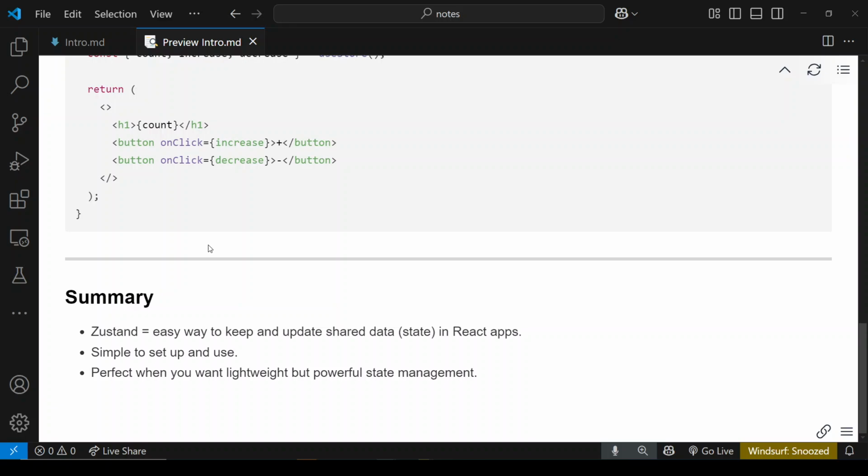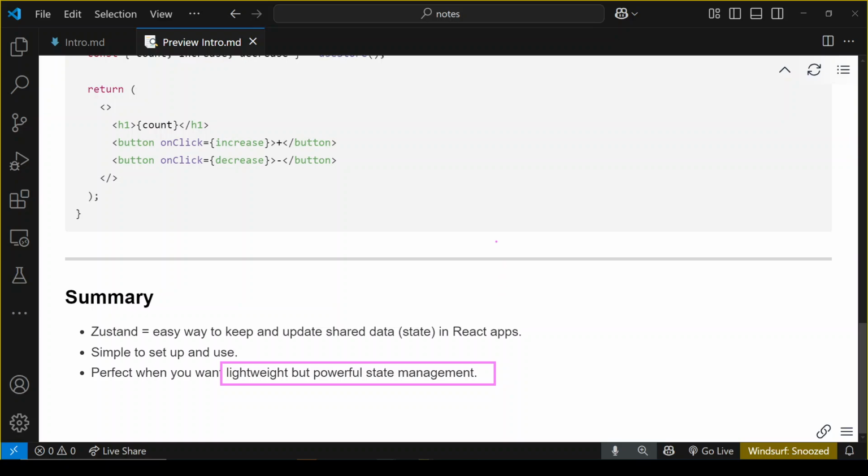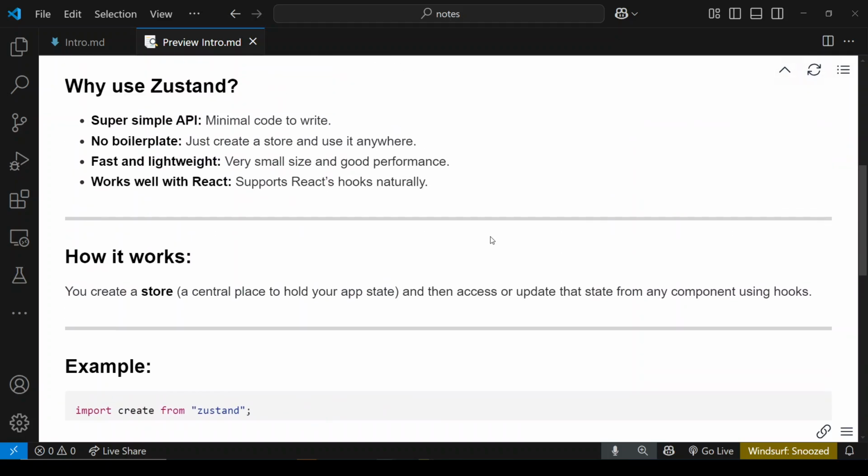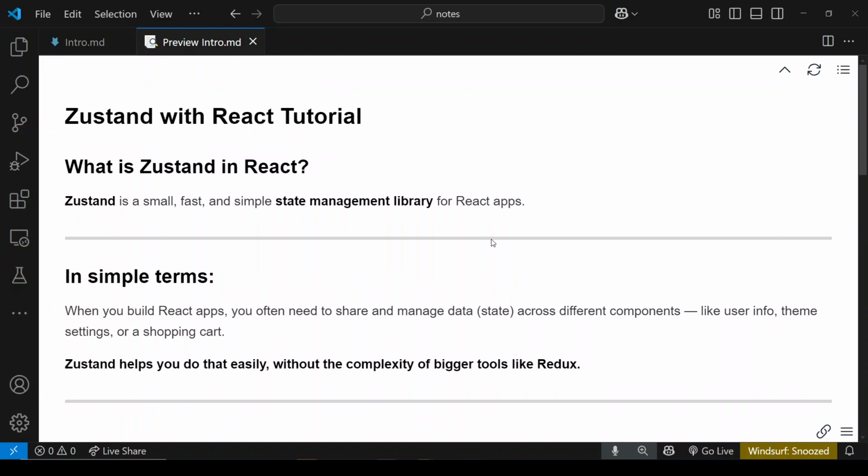So Zustand is easy to get started with. It helps you to centralize the state management requirements of your React applications. It is very simple to set up. It is very easy to understand and get started with, especially compared to more complex tools and options like Redux. And it is perfect when you want a lightweight solution, but a very powerful one for the state management requirements of your application. This was a brief introduction on Zustand. This is the intro